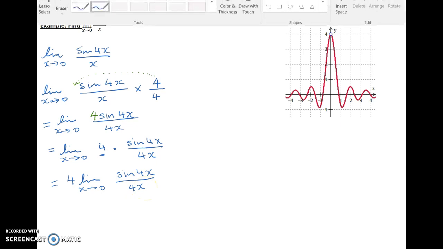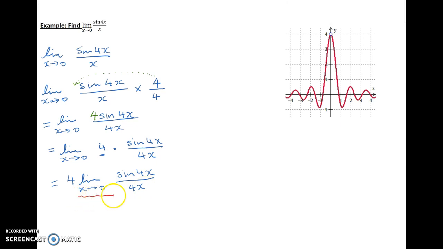And now, if you look at this part of the expression, we have the limit as x approaches 0, we have the sine of 4x on top, and we have 4x on the bottom. In other words, the two conditions are met, that x is approaching 0, and that the argument of the sine and the expression on the bottom are the same. So that is all going to become equal to 1. So we're going to have 4 times, and this entire limit is 1,